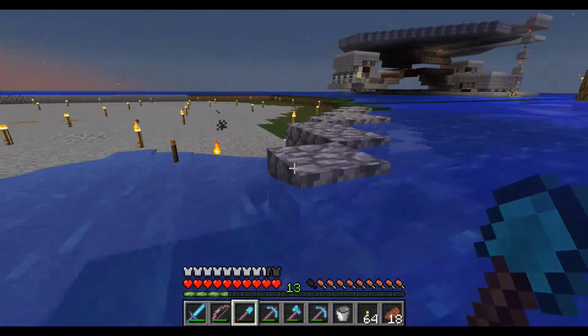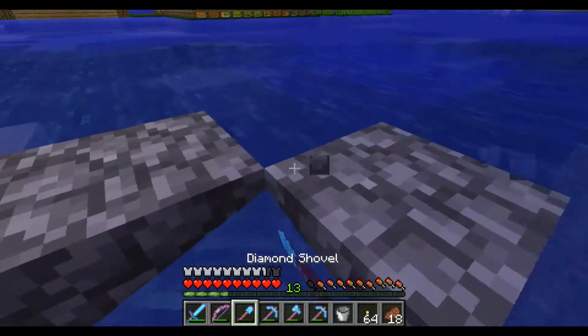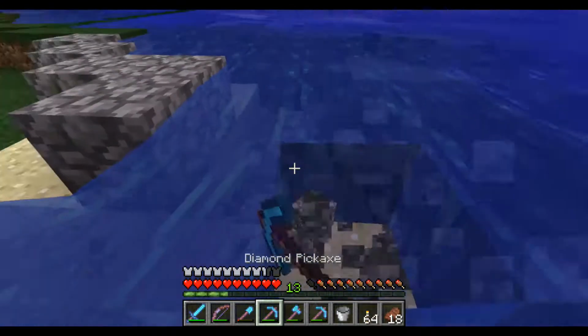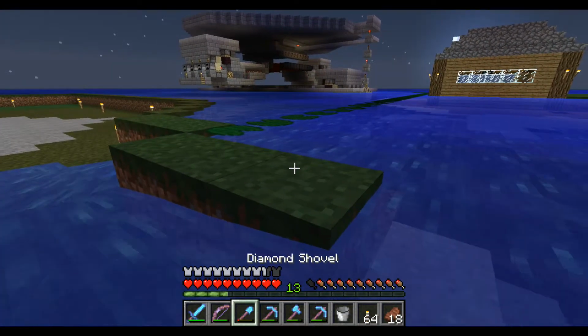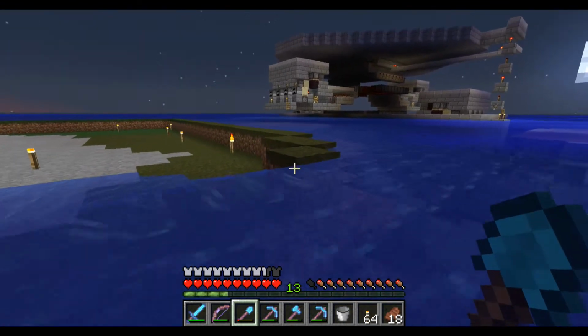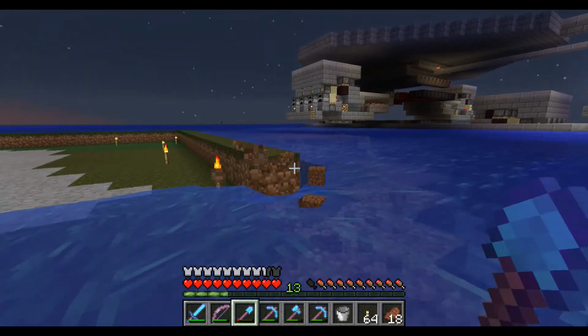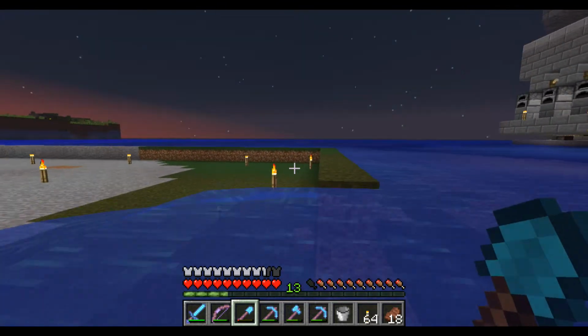I'm taking out the last and final blocks of the outline here. So it is all covered with water. I have tested the farm quite a bit already. So far it's not super efficient. We have some problem, I think, with